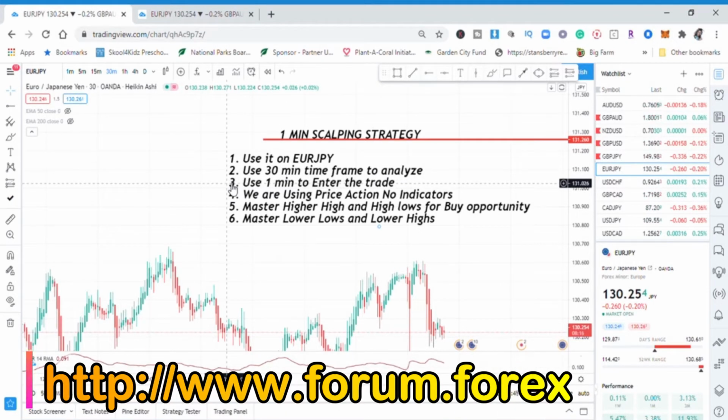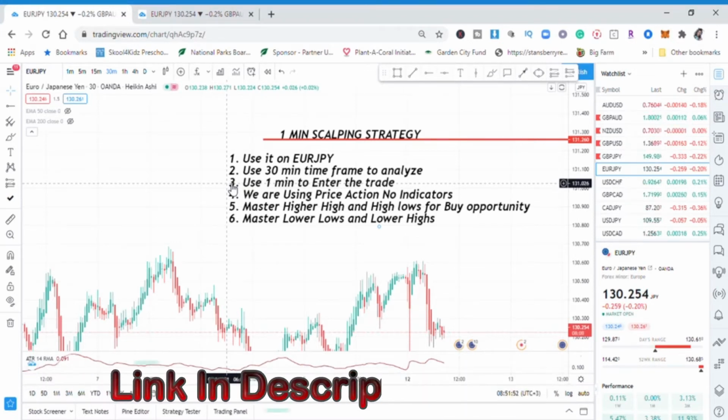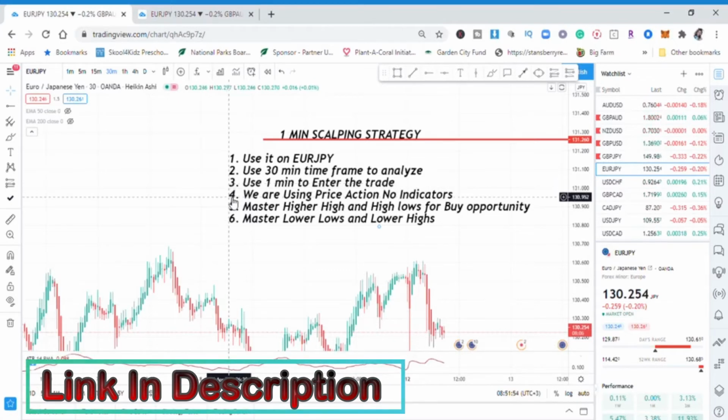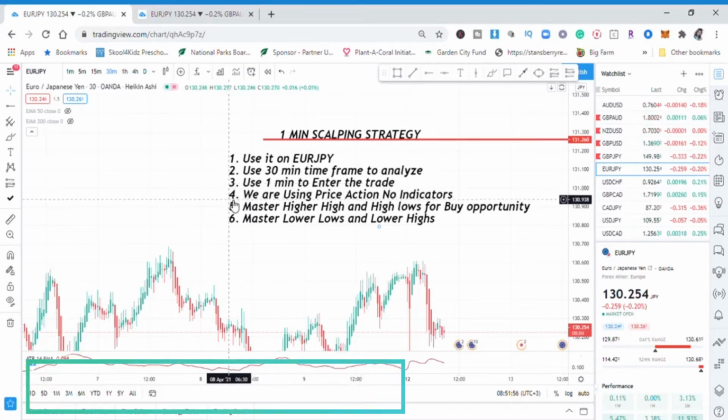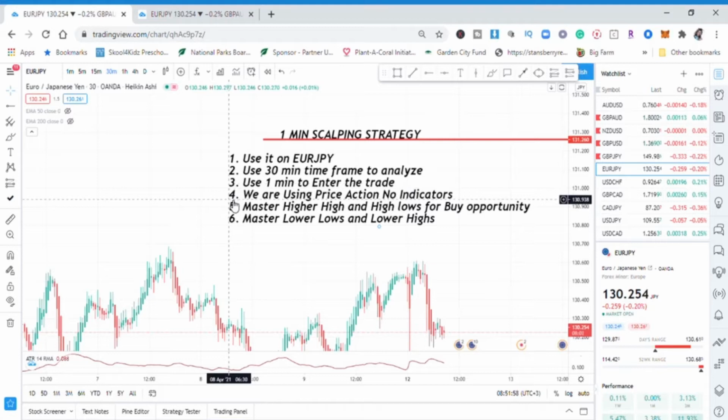And then number 4, we are using price action, no indicators. In this strategy, we don't have any indicators, we don't have any moving average. We are just using price action, and I will show you in a moment. And then number 5, if you want to use this strategy, you need to master higher highs and higher lows for buy opportunities. And number 6, you need to master lower lows and lower highs for